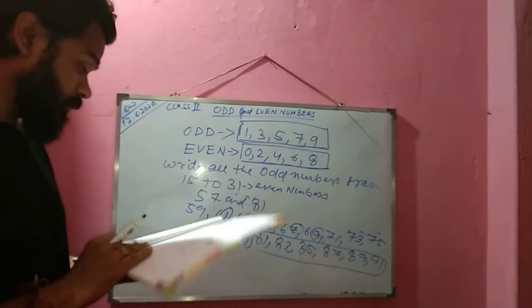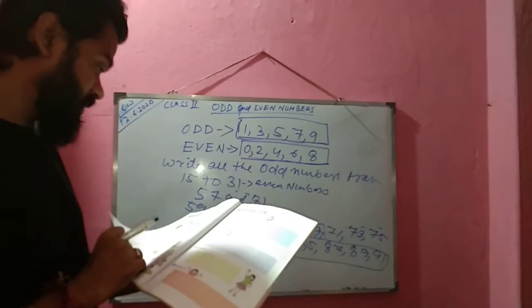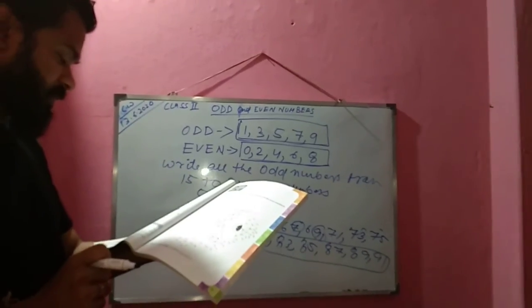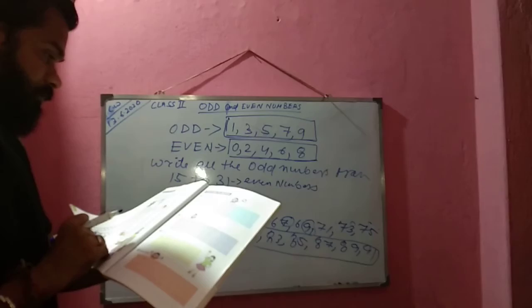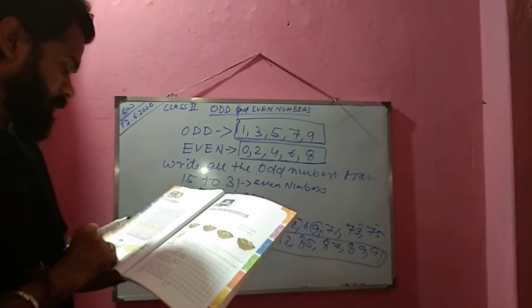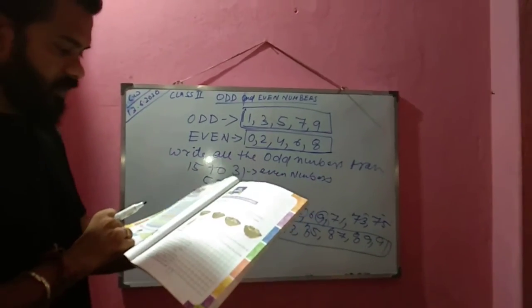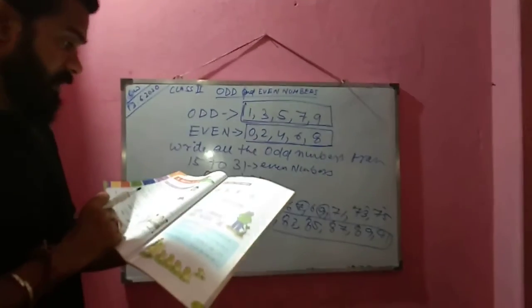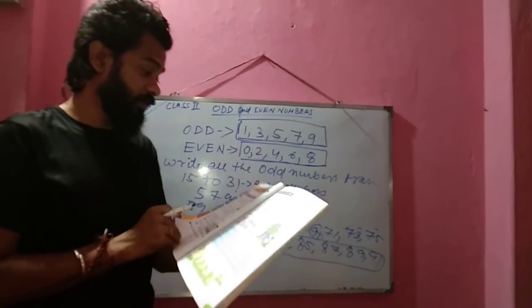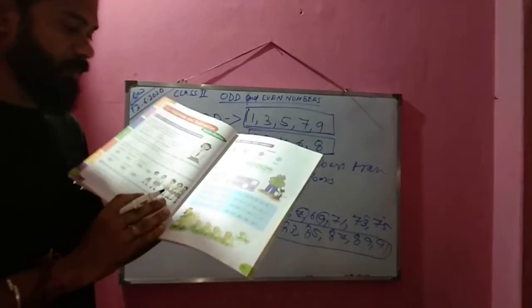When we come back in the next class, we will do making the greatest and the smallest numbers, then counting in groups, and count forward and backward. These 3 we will finish by tomorrow, and then in the next classes, we will start addition and subtraction, which is chapter number 3.